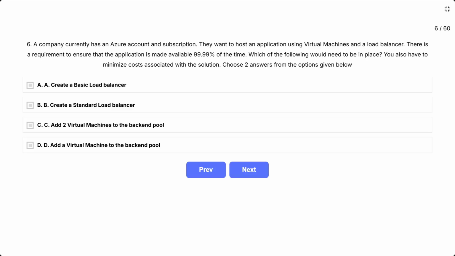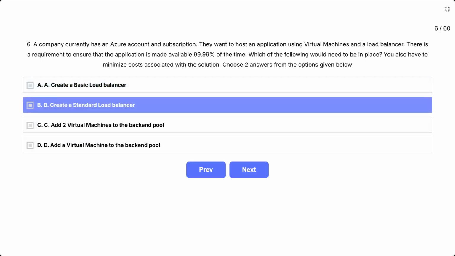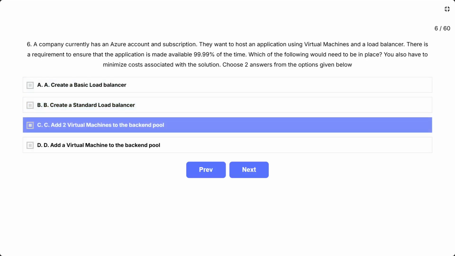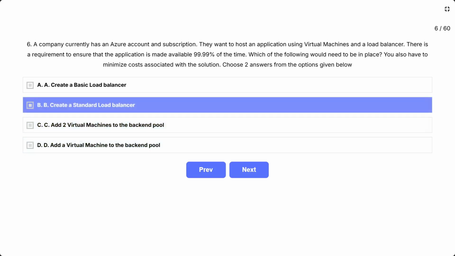You also have to minimize cost associated with the solution. Choose two answers from the options given below. The options are A. Create a basic load balancer. B. Create a standard load balancer. C. Add two virtual machines to the backend pool. And D. Add a virtual machine to the backend pool. So the correct answer is B and C.